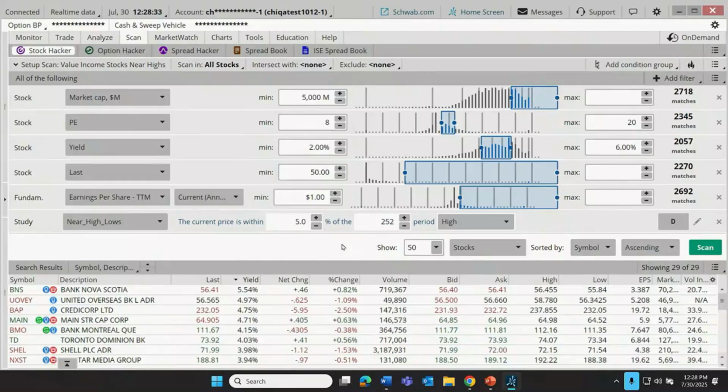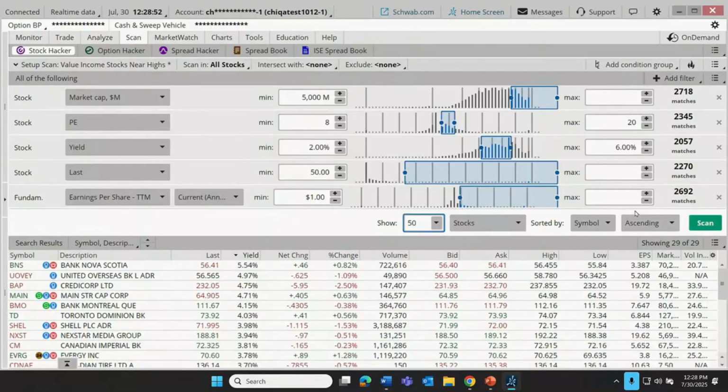All right, now, that's one feature that I wanted to show, is that save scan query feature, but also the reset feature if we just want to start from a blank slate again. But maybe we just want to remove one of these tools and replace it with another one of our criteria. Well, you'll notice there's a little X over here to the right. Let's take off this one, the near high lows. And I'm going to replace that one.